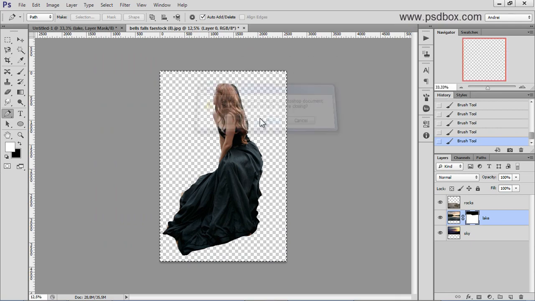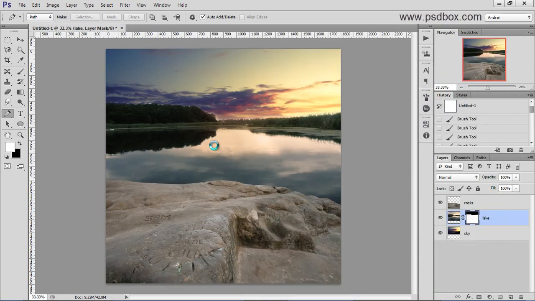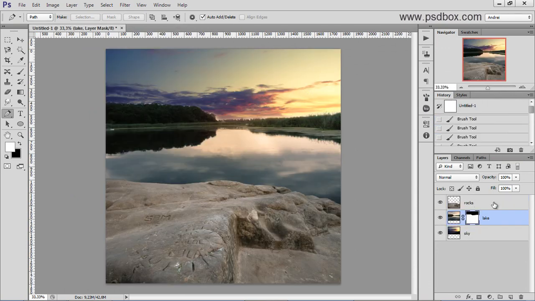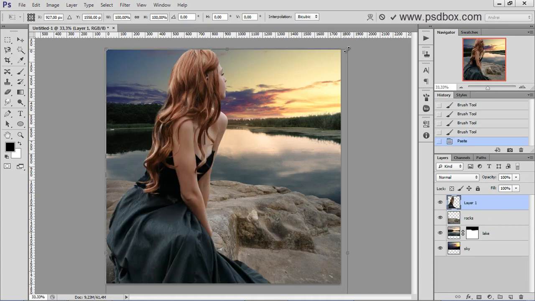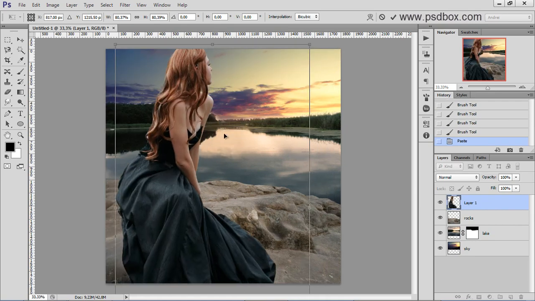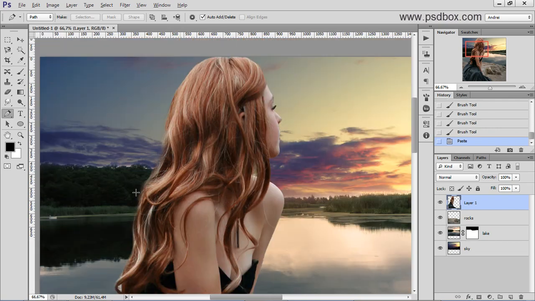I will now open the extracted version that I already have, which is this one, and what I did is just flip her horizontally because I want her to look into the light there, and select the rock layer, press Ctrl V to paste her, and you can see that I masked her hair. Let me show you that. I used the soft brush to mask that part of the hair,